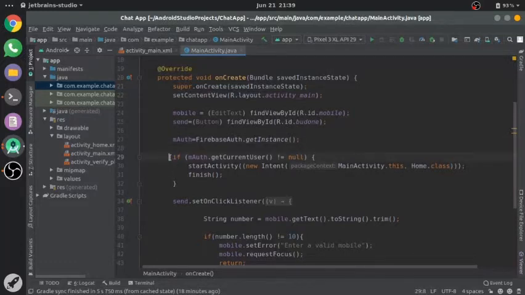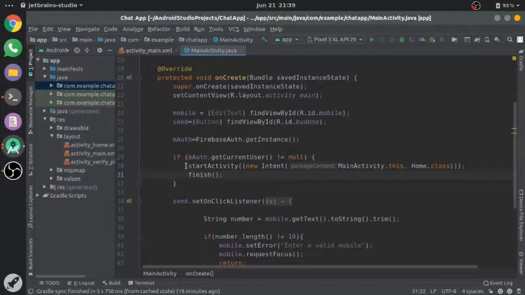Now let's check if there is already any user logged in. As you have seen in many Android applications, if you are already logged in, then you will be directly on the home activity. So similarly, we are going to do this here. We are going to check whether the current user not equals to null. That means we are sending the user directly to the home activity.